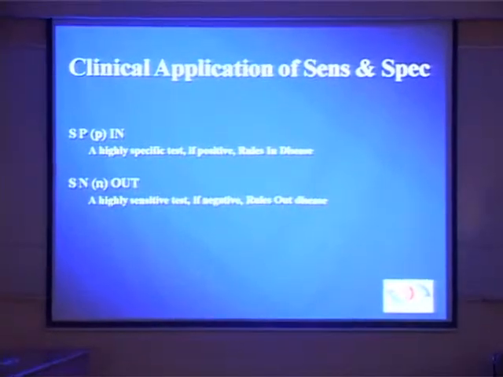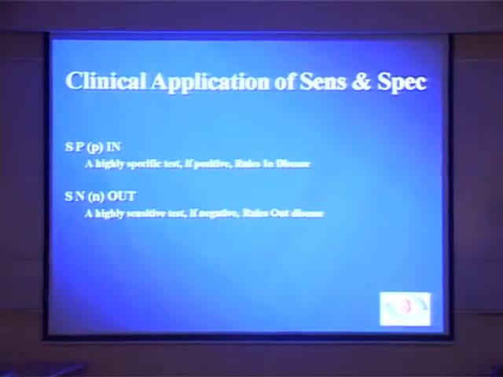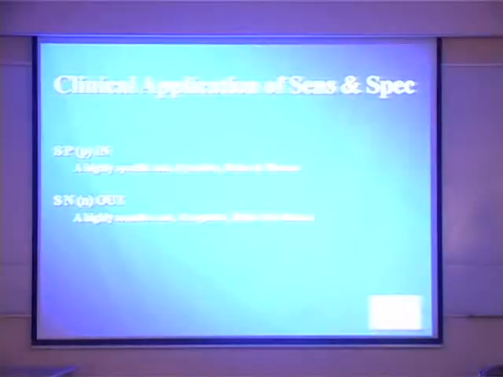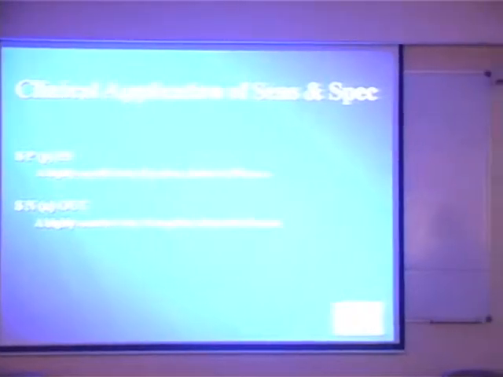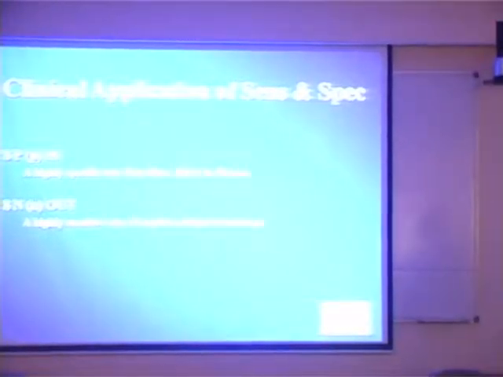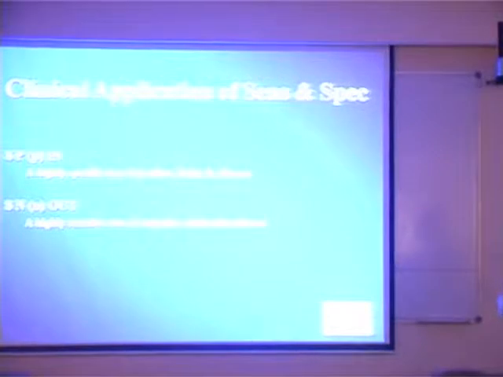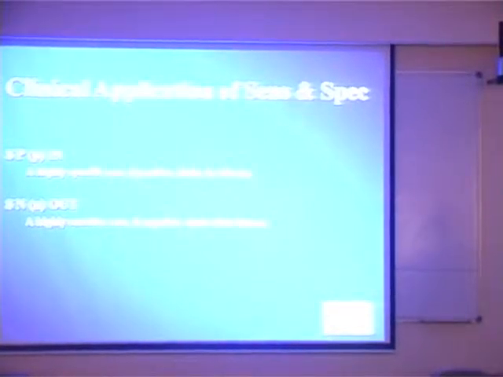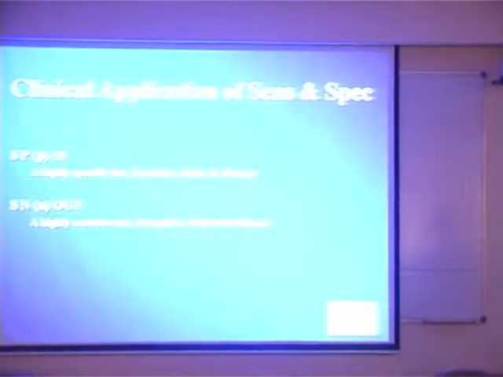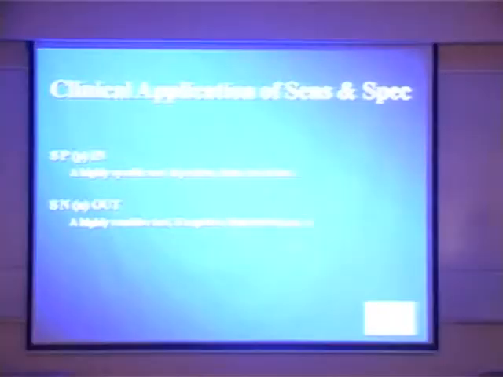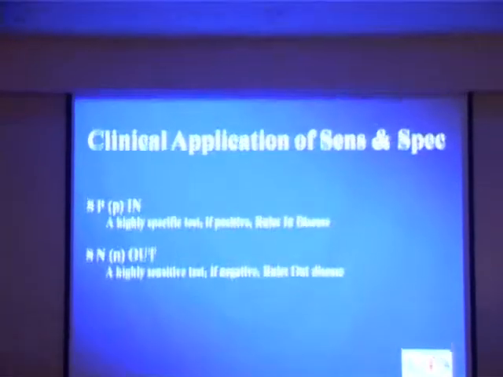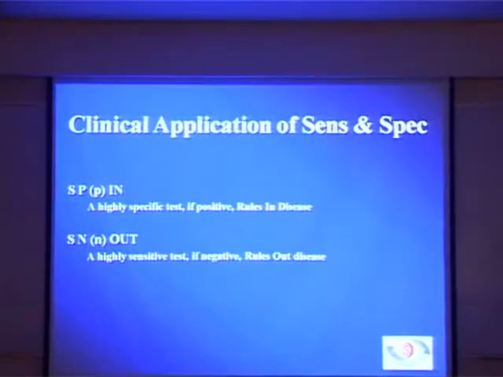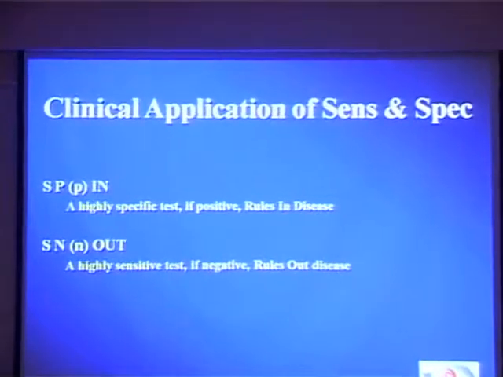Especially when we talk about glaucoma, if I am talking about the optic disc, the disc can be normal, it can have a congenital anomaly which looks like a disease, and there is normal. So there can be an intermediate category where your test may be positive and may not be a disease per se. But in general, if the specificity is high, then a positive result rules in a disease, and the other way around for sensitivity.